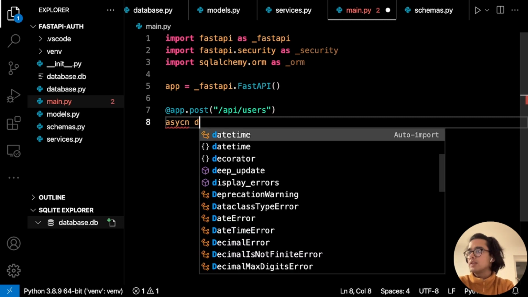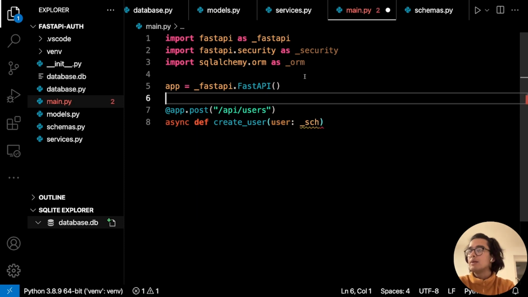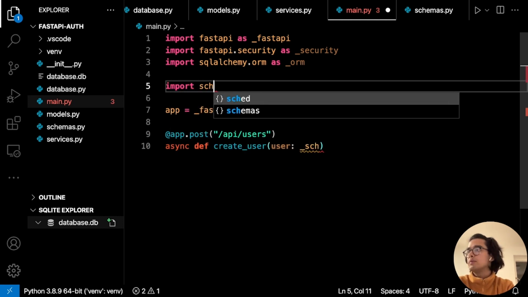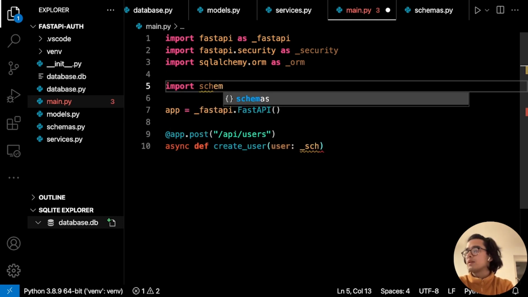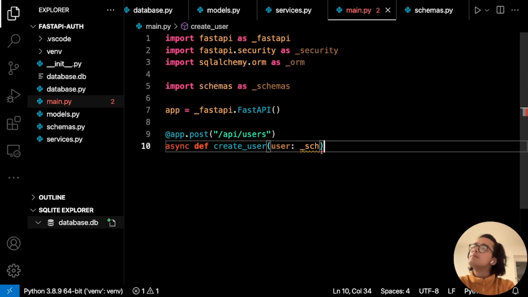We'll have an asynchronous endpoint and we'll call this create_user. This will take in a user, and the way in which this user is going to be modeled is based on our schema UserCreate. So we need to import that. Import schemas as _schemas. And then we'll say UserCreate. We have our DB,